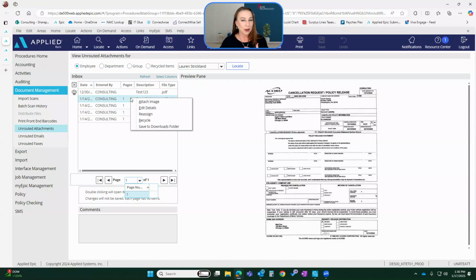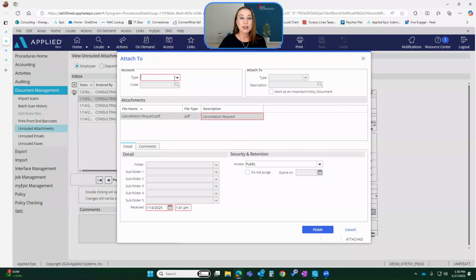I personally am a right-clicker, so I will be right-clicking for this video today. In this area, you'll see that you have a few different options. Your first option, of course, is to attach the image. When you click on the Attach Image function, that's going to open up just a regular attach to window, just